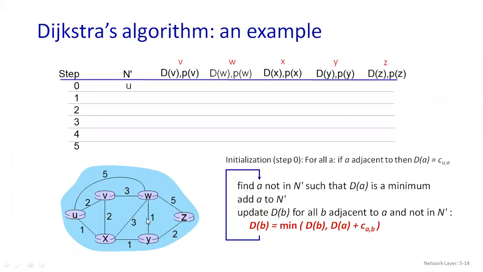I request all of you to open your pen and paper. Just start writing like this. Dijkstra's algorithm and example. Here, on this side, are my iterations, I told you k iterations. So here you need to write the step. I know that this is a 5. How did I come to know 5 iterations will be there?